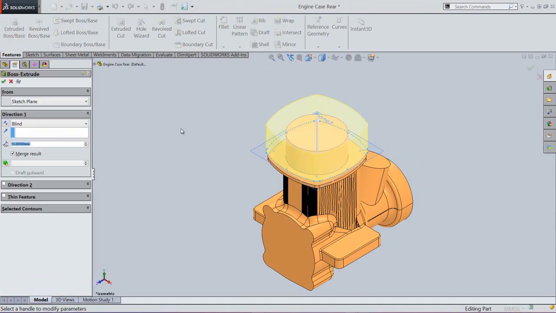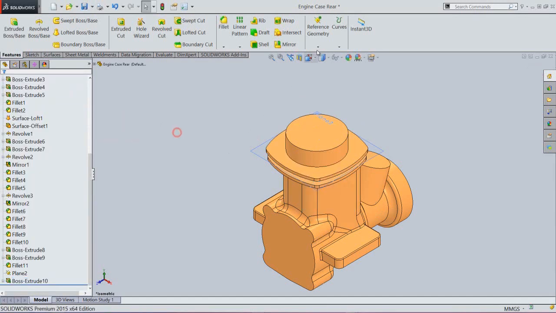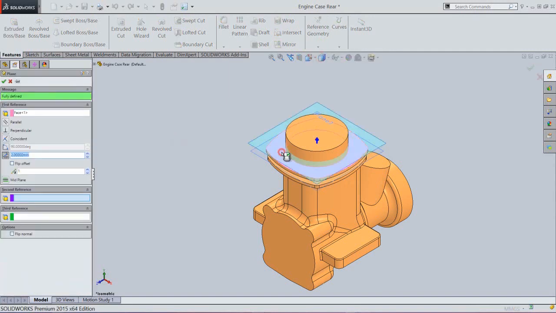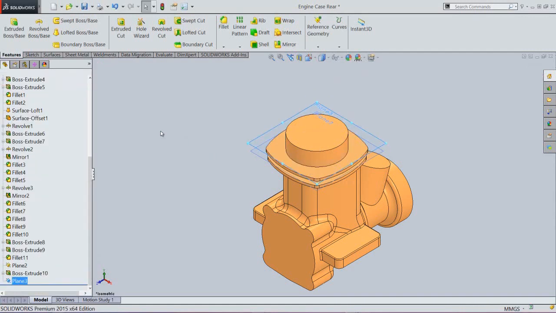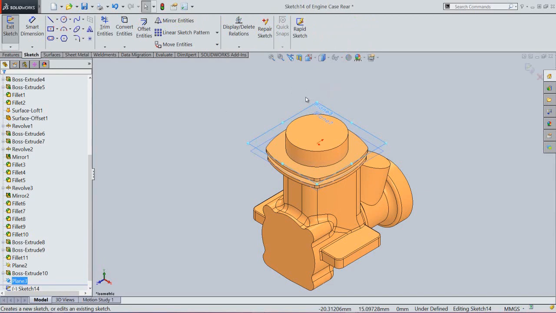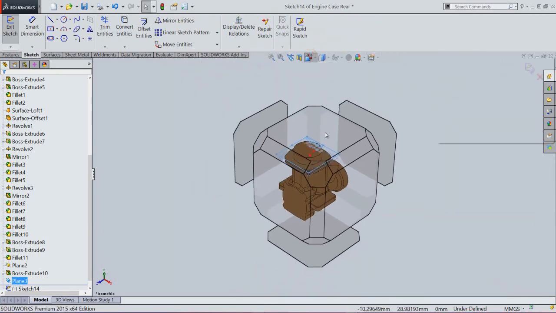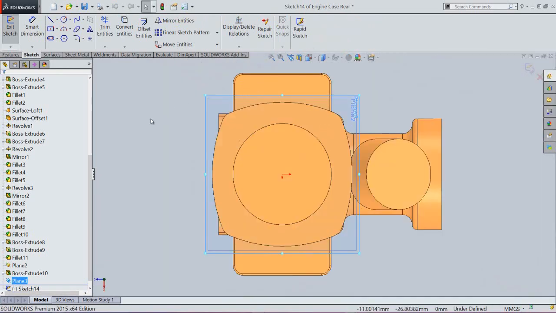Activate the extruded boss base command. Okay, set the distance value 1 mm. Click OK. In the same manner, we will create some more planes, and afterward we will create a feature that we had done earlier previously.